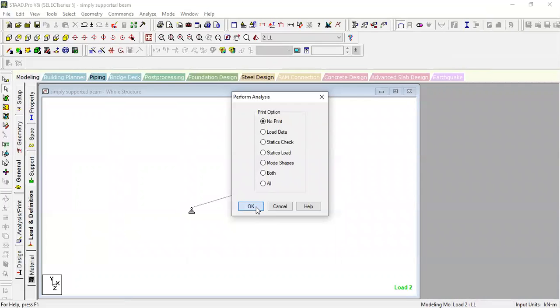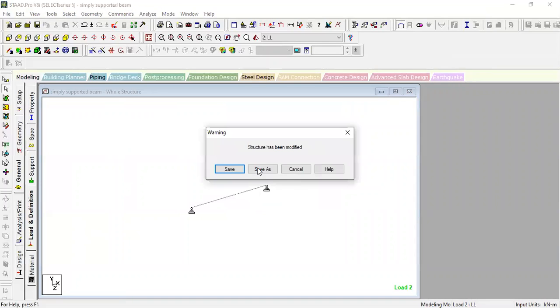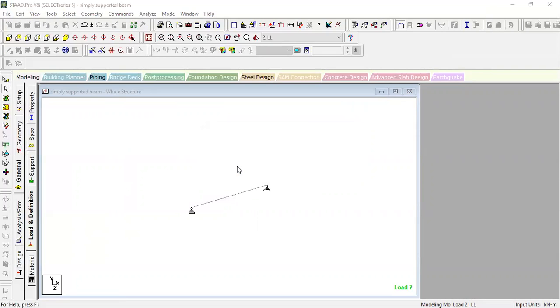Okay, now click on OK. After this, go to analyze and run analysis. The last step is saving the file. Okay, now you can see it is being analyzed. Click on the output file, view output file, and done.